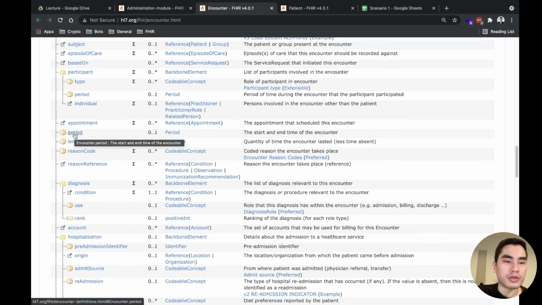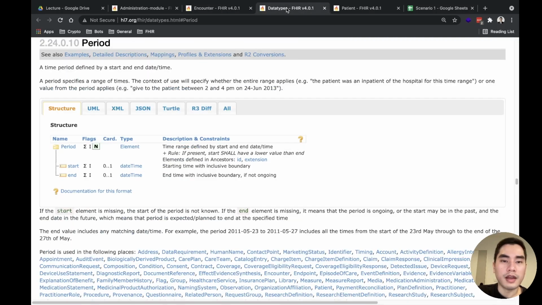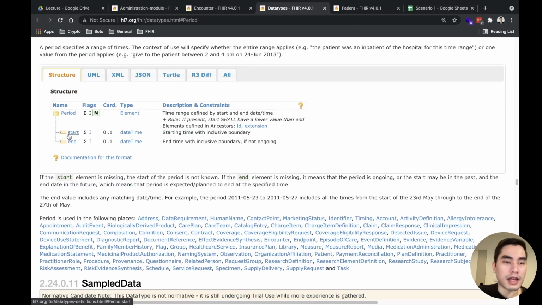If you're not sure what period is, you can go to the structure of that complex data type, and you will see that there is start and end, and both of them have the primitive data type dateTime.